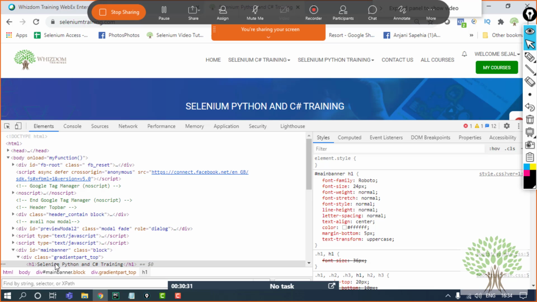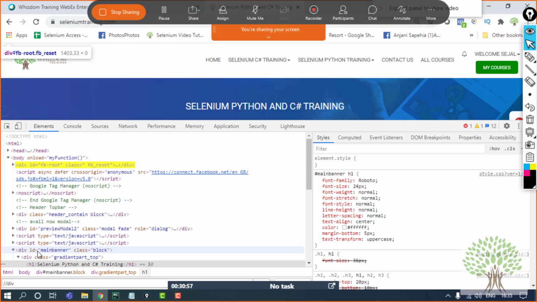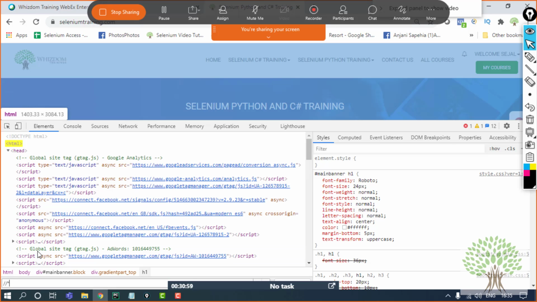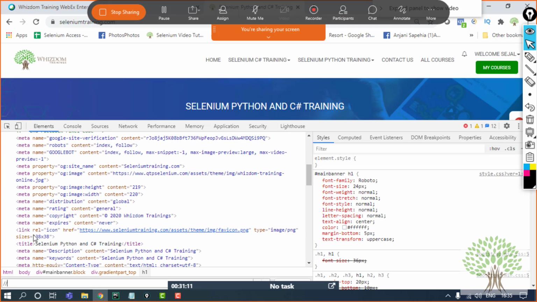and over here I'll start making the XPath with double slashes, to just make sure that I'm not going with the complete absolute XPath. Then if I'm aware of the tag name of the element whose attribute I'm going to use, whose ID I'm going to use, I can have it over here. Otherwise, I can also have star over here. That's also going to work fine, but that will select the whole page, all elements on the page. Fine. So right now I know that the tag name is div. Fine. Over here.